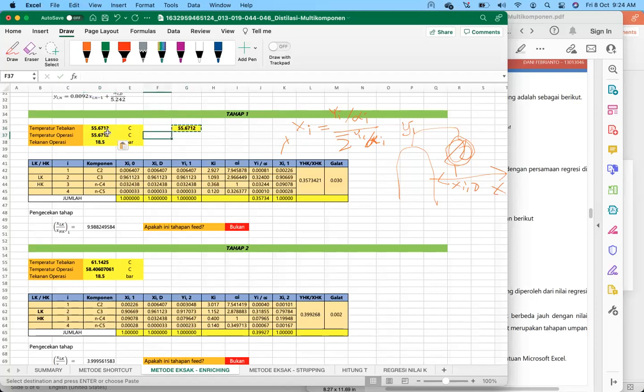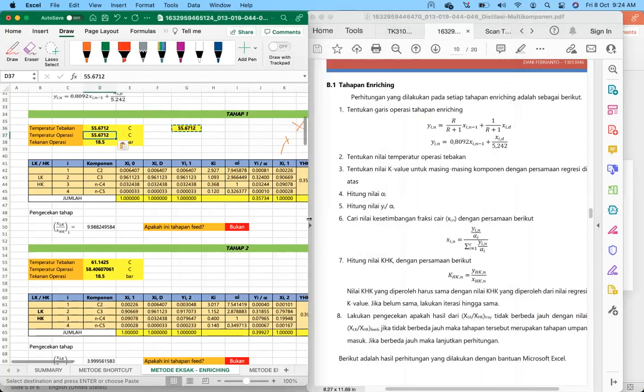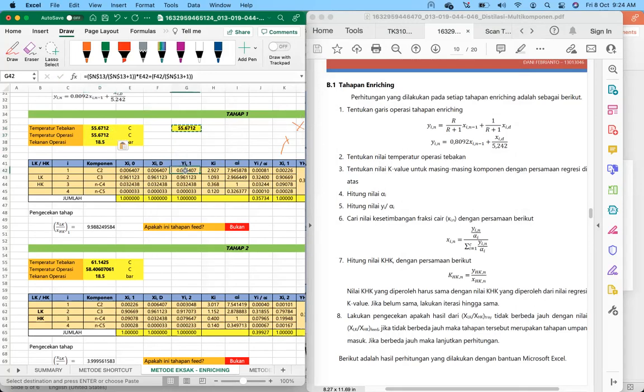Now by putting the temperature, the next step is, maybe I'm going to put it there. Okay, so this is our tebakan, the guessing temperature. And then first we have the x0, which is the distillate, and the x distillate is also similar to the x0,